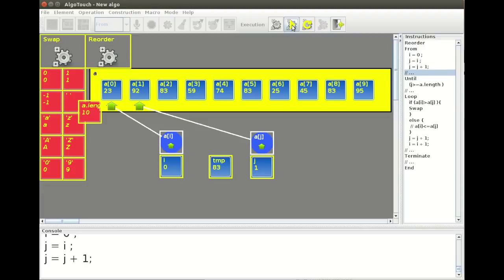First the from part to initialize I and J, then testing if I continue, then doing the swap if necessary, no, then testing again, then doing the swap, then testing, doing the swap, testing, doing the swap, and automatically executing the program until it terminates.